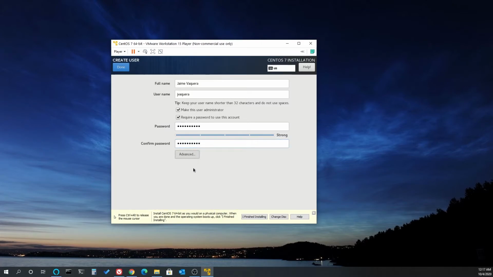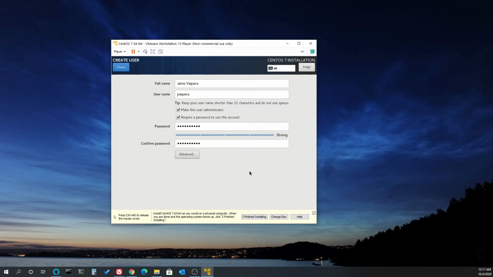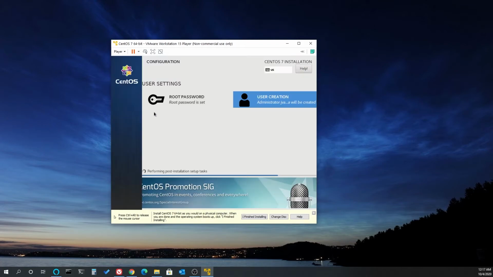There we go. You could go even further as far as advanced if you need to change your home directory. Also, you can specify a user ID manually, which means that you want to put a specific user number for that user, or put in a group ID manually. And then there's group membership, add the following user to the following groups if you want to, but again, I don't have any groups, don't really care for that right now. Okay, so there we go. I've created my users,